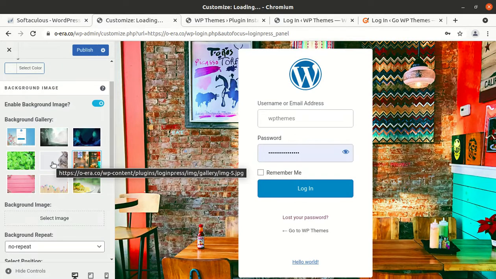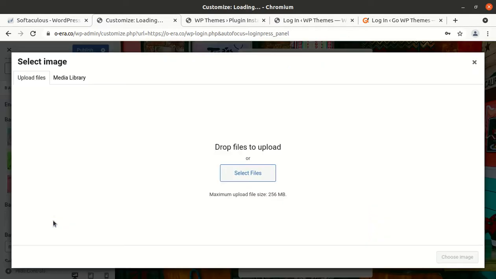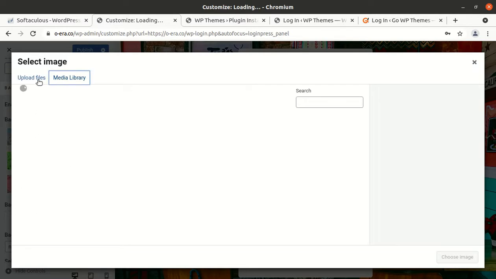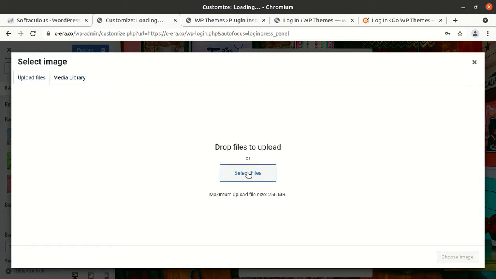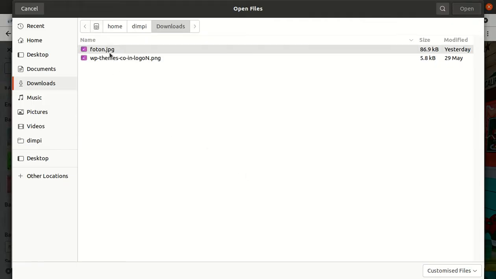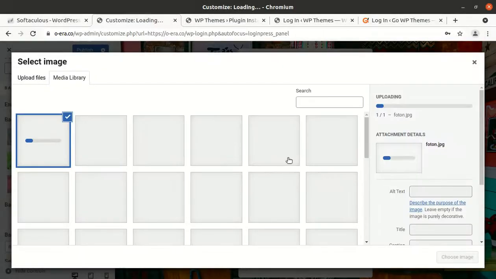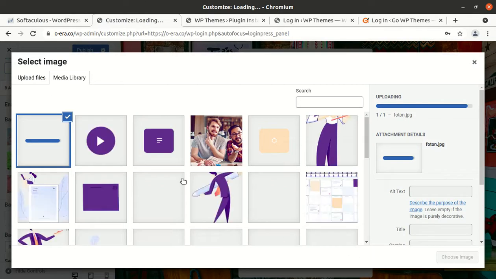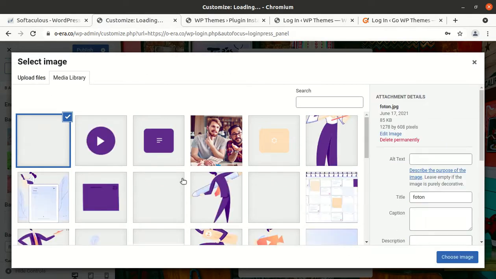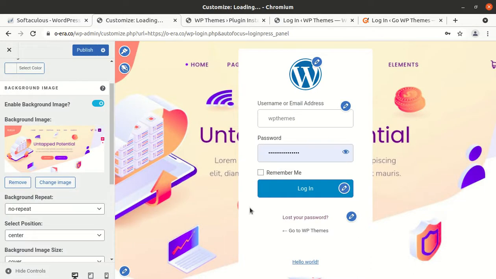And if you want to put your custom background image, you can simply keep your custom background image from here. Let us see, we want to change according to the theme, so I will upload an image which I am already having. Let us see, we are using this for background. Yes, so it is so simple. The background image has been changed,